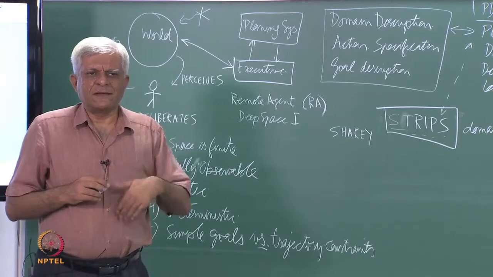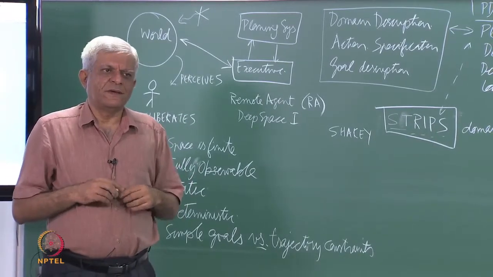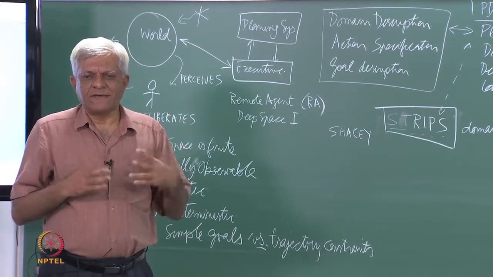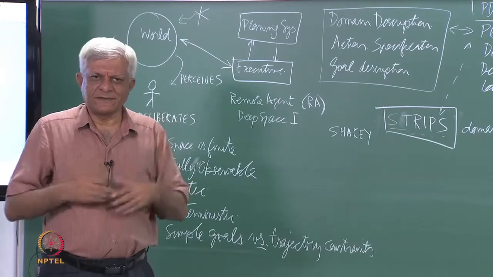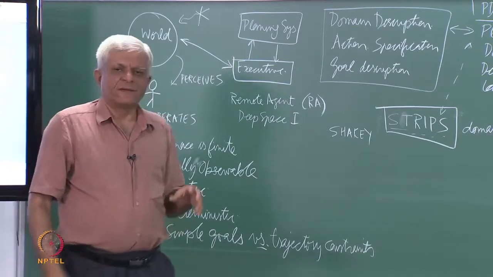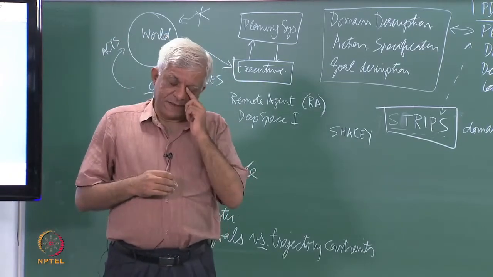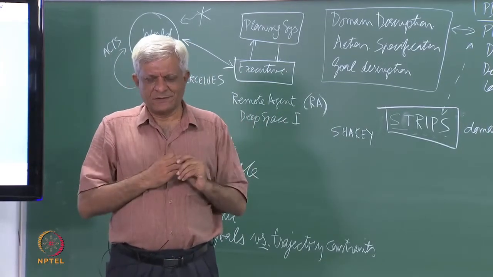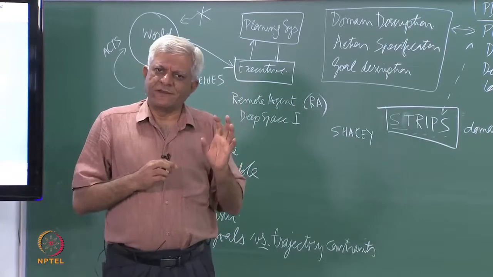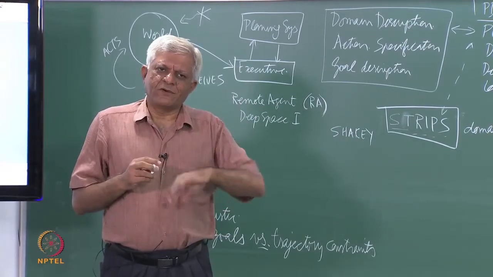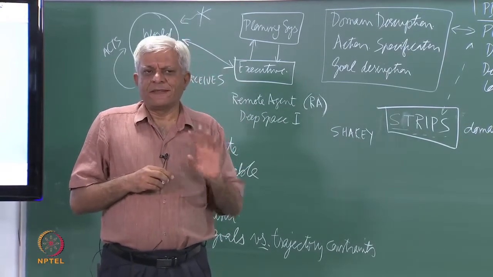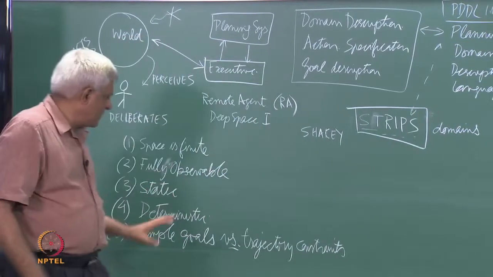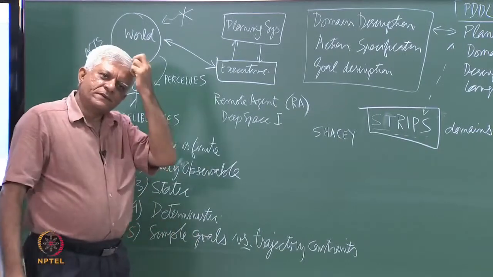So, for example, if you are planning a long trip, you might say that at all points I must be within 5 kilometers of hostel. For some reason, let us say your friend is not too well and susceptible to something, and you say that my route must be such that at all points I must be within 5 kilometers of a hostel. So, that is a trajectory constraint. You may be saying that I want to go from here to Nagpur, that is the final goal, but I have constraints on the path as well. We will not look at those, we will only look at simple goals.